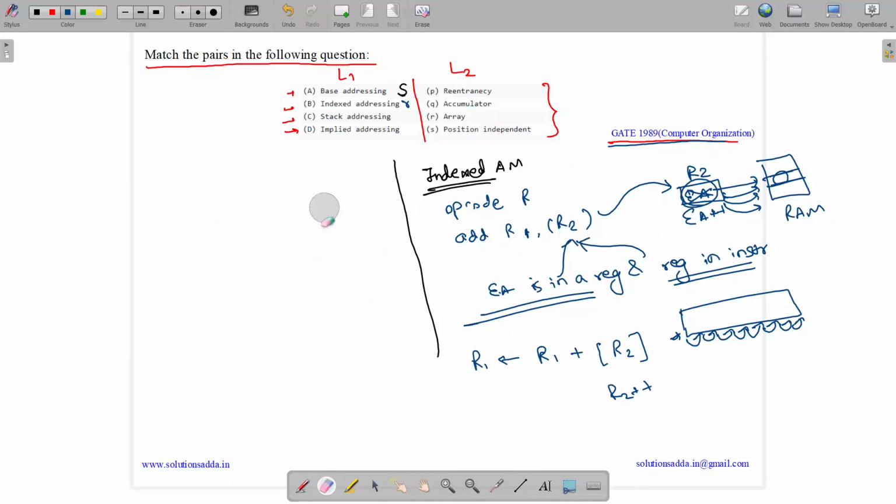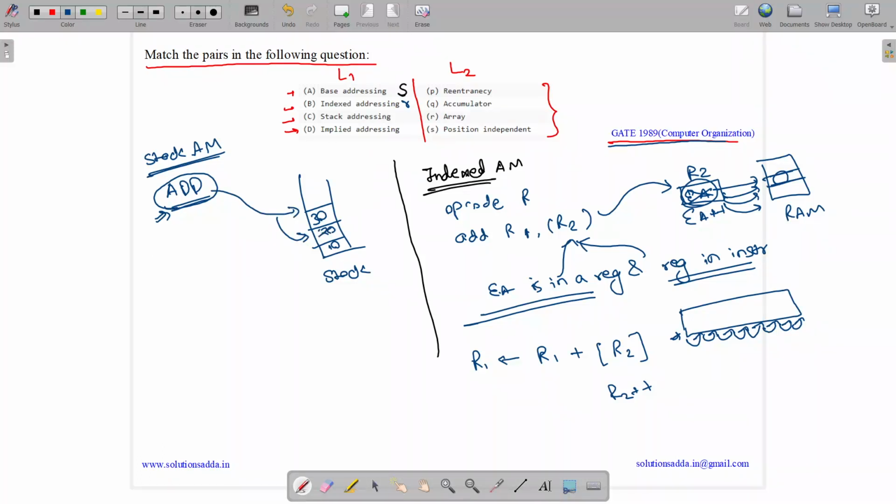So what happens in stack addressing mode is that we will just have the operation that we need to perform. Let us suppose we just have the add operation. Here we will be having a stack, and the stack will have the contents, let us suppose 10, 20, 30. So it's a zero address instruction. We just give the opcode, no operand is given. So add means we will go to the stack, pop the top two items 20 and 30, and add them. So 20 plus 30 equals 50, and then we will push 50 over here, which means we perform the operation on the stack.